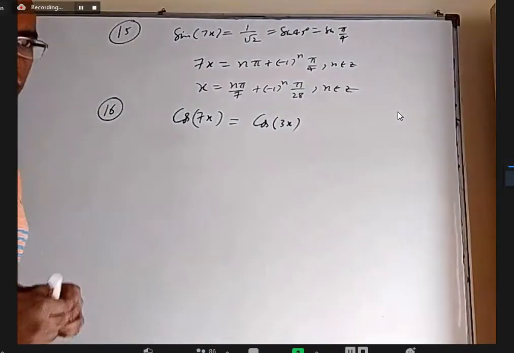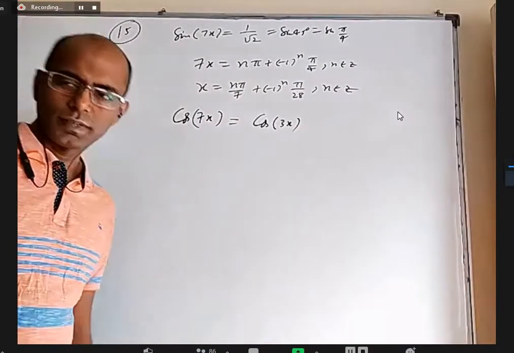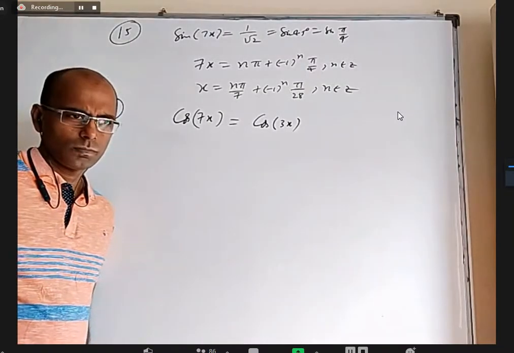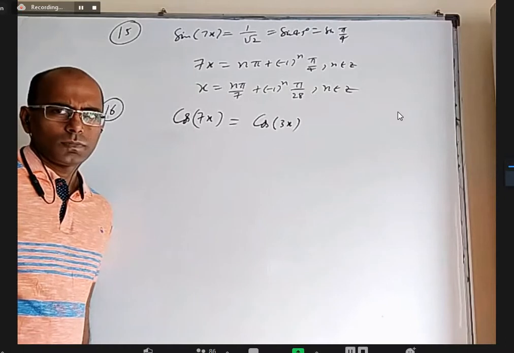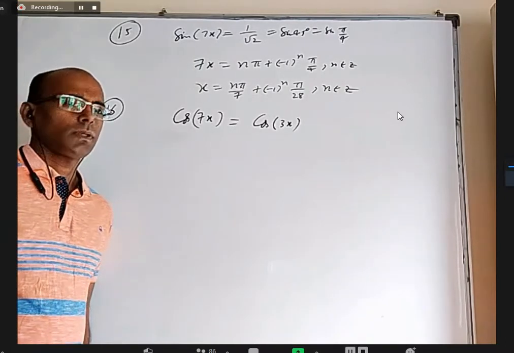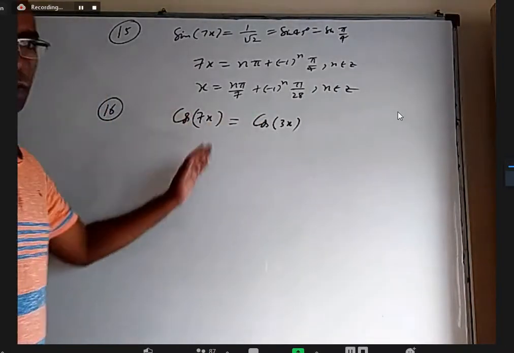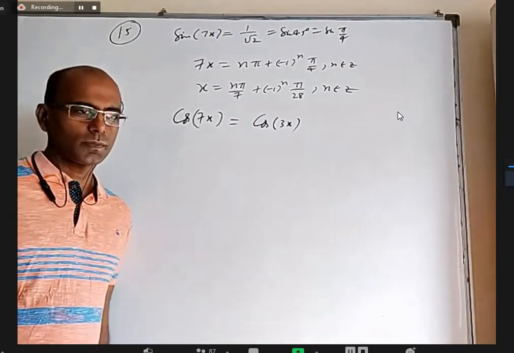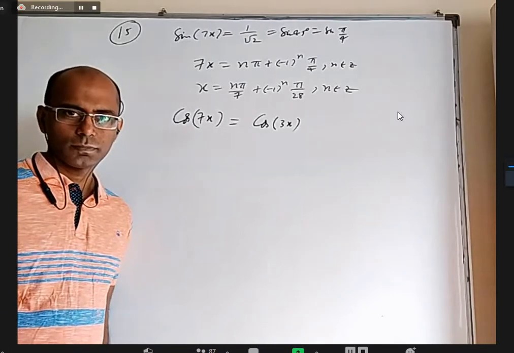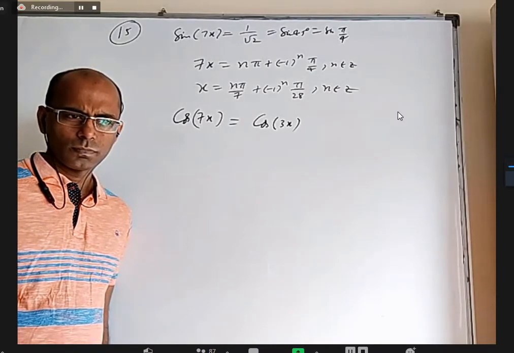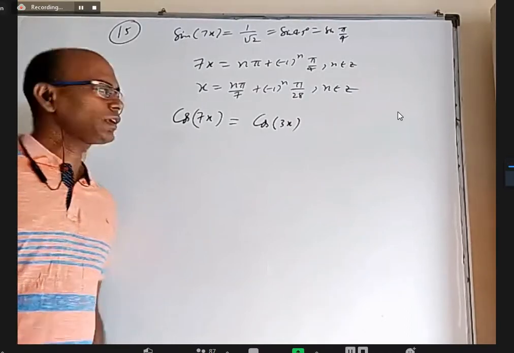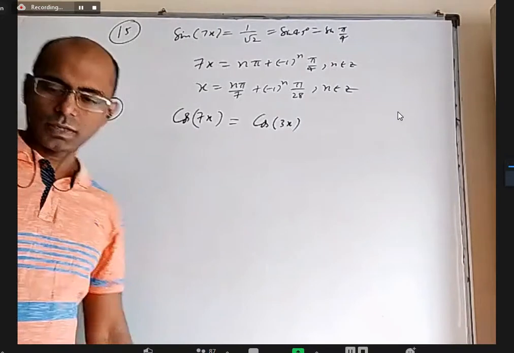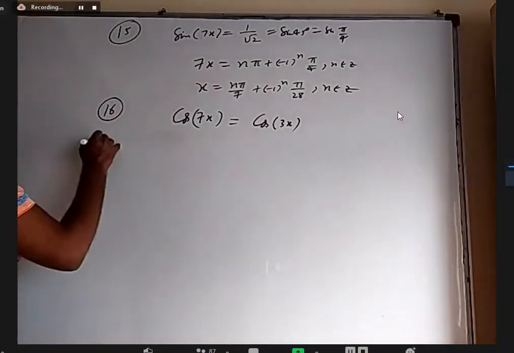Anybody want to give an idea for how to solve this equation? I want to find the general solution. By sending cos 3x to the left side and applying transformations. Yes, cos 7x minus cos 3x. Yeah, that is one option. Any other option anybody wants to tell? That is nice. Bring one side, apply transformation. We will get 7x equals 2n pi plus or minus 3x. Yeah, we can treat this itself as alpha. Cos x equal to cos alpha, x equal to 2n pi plus or minus alpha. We'll do both and see what answers come.